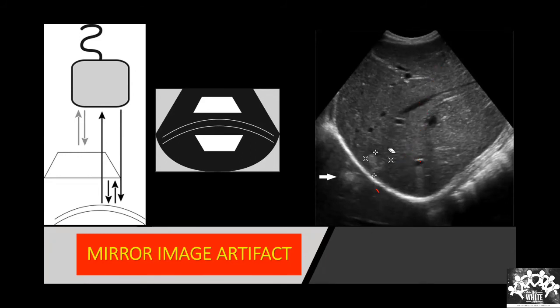Now sometimes what will happen? This is hemangioma again. Some sound passes through it, gets reflected back by the diaphragm. What will happen again when it hits the hemangioma? It again gets reflected back. Now this reflected sound again hits the diaphragm. Specular reflector reflects back. Now what has happened? We are seeing the reflection of this after two reflections.